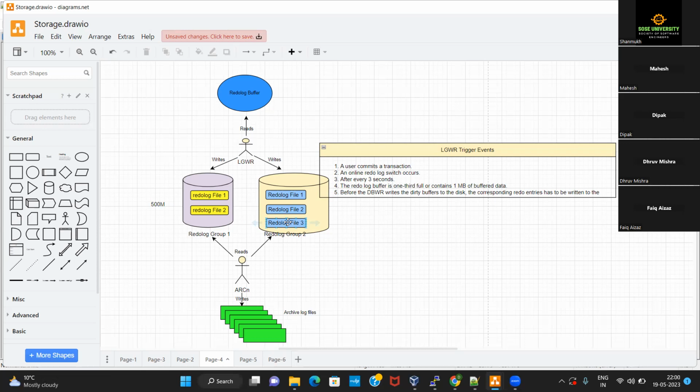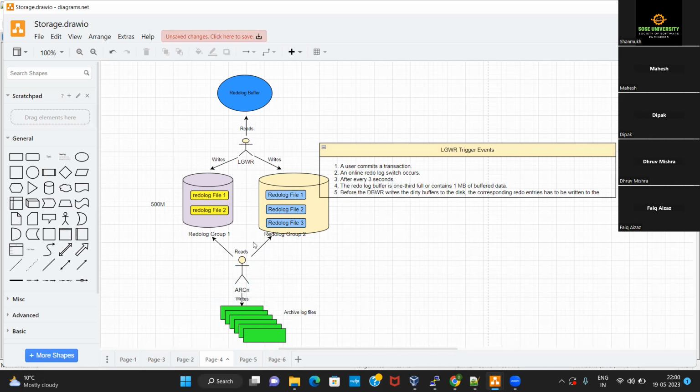When it fills redo log group 2, what will happen? Once it has completely utilized all the space inside redo log group 2, that's where the next background process comes into picture, by the name archiver. We are representing that by the name ARCN.